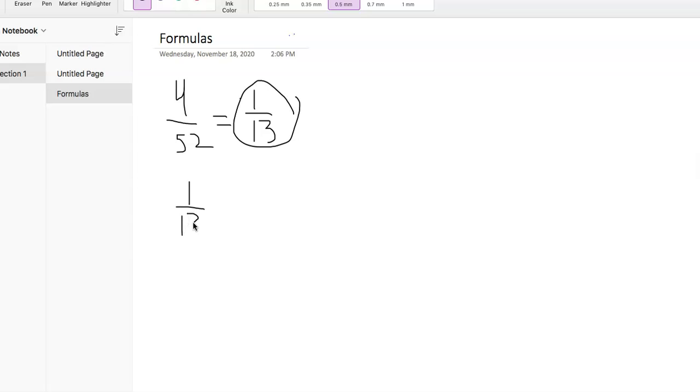And then they said the card's going to be discarded, right? So now there's only 51 cards left in the deck. And how many aces are left? 3, right? Because we already got one. Okay, and then you just multiply these together and we get 3 out of 663. And your answers will probably be in some kind of a percent, so you can reduce this